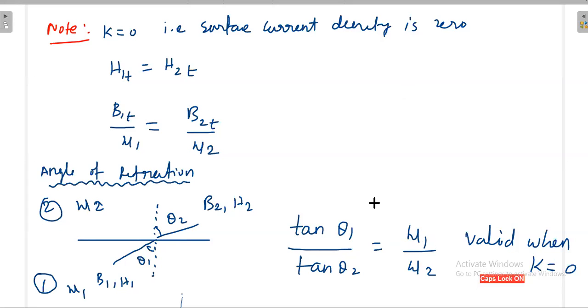Okay. Tan theta 1, is it the same or something different, opposite? Epsilon R1 by epsilon R2, sir. Okay, same. Epsilon R1 divided by epsilon R2. Now you are also getting mu 1 divided by mu 2, but just verify whether it is the same or just opposite.